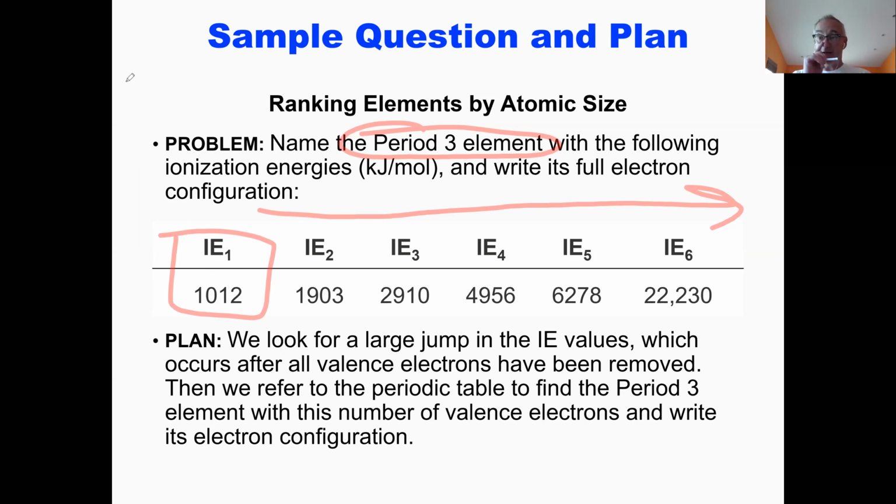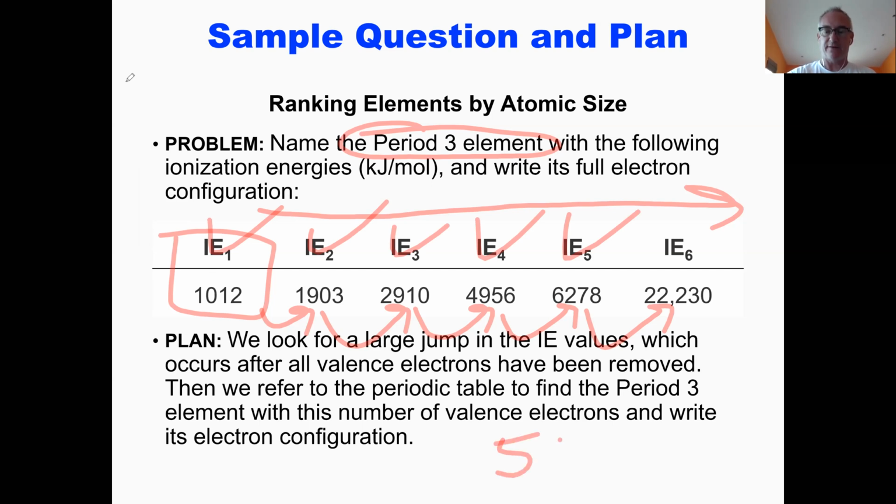So when does it increase? We see about a 90% increase, another 90% increase, another 90% increase, a 50% increase, then a 350% increase. So it's at that point where it jumps. And so it has 1, 2, 3, 4, 5 valence electrons. And who has 5 valence electrons in the third period? That would be